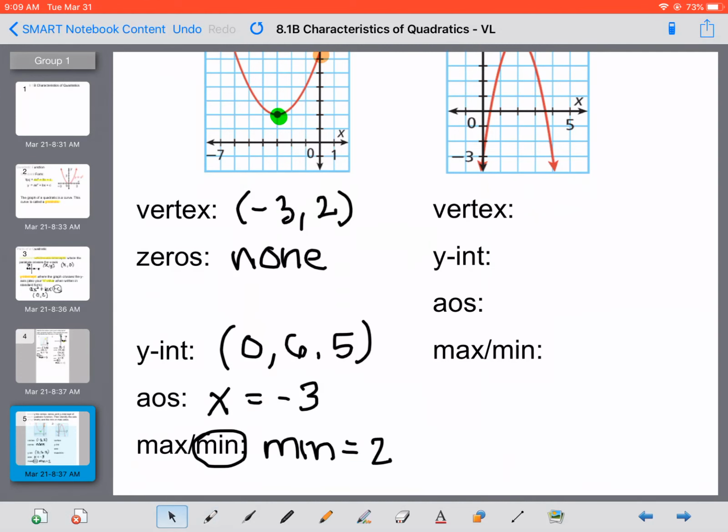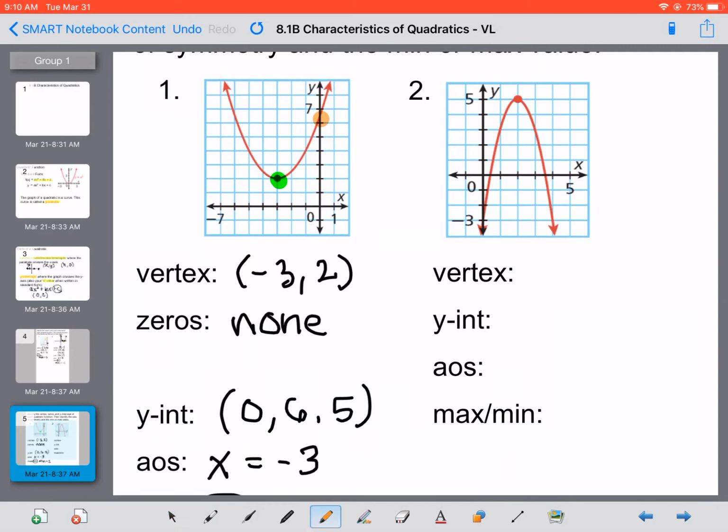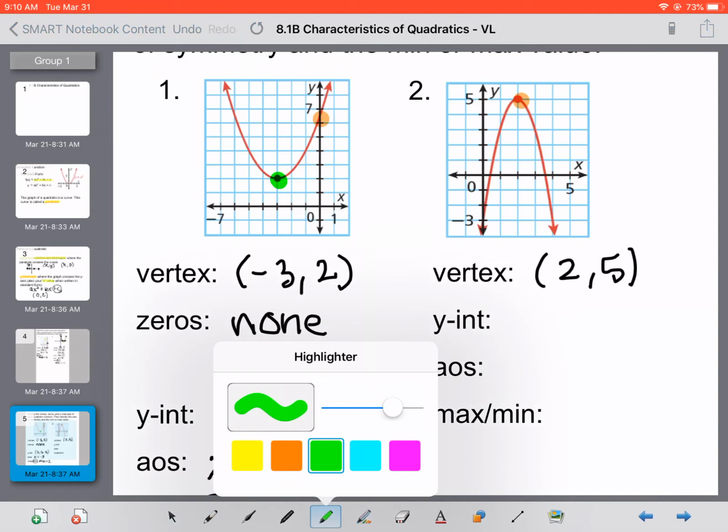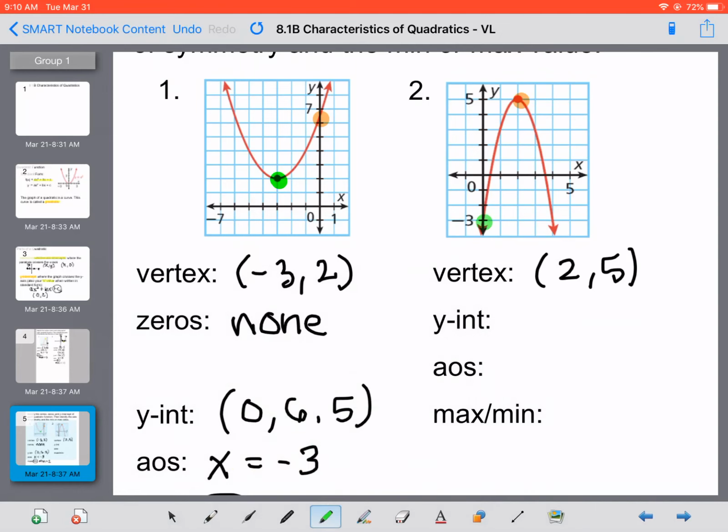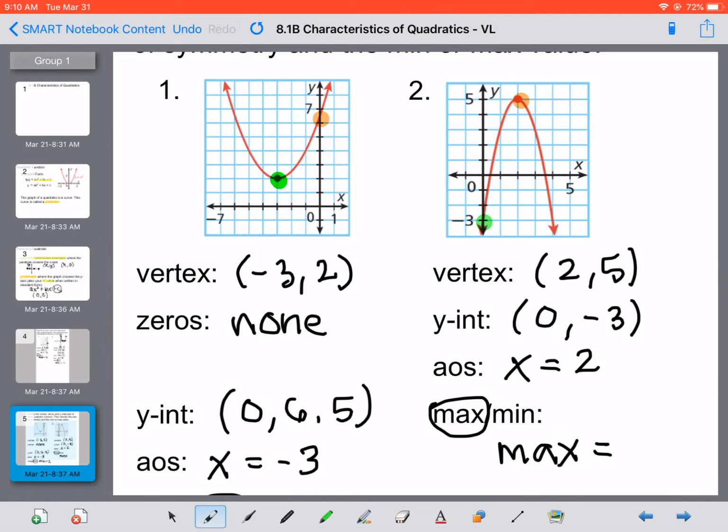And the last example. We have a vertex sitting right there, which is at 2, 5. So we have the vertex 2, 5. My y-intercept is going to be right down there, which is at -3. So since it's a y-intercept, it's when x is 0, and then we have it at -3. My axis of symmetry is the x of the vertex, so x is 2. And I'm opening down, which means I have a maximum, because that's a high point, and that max is at the y of the vertex, which in this case is